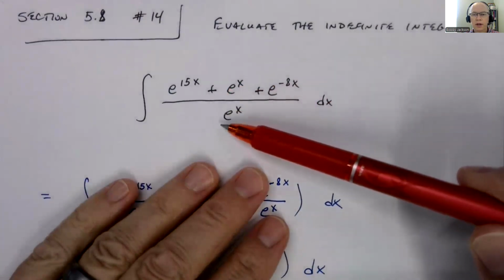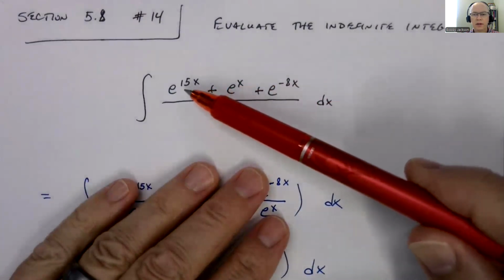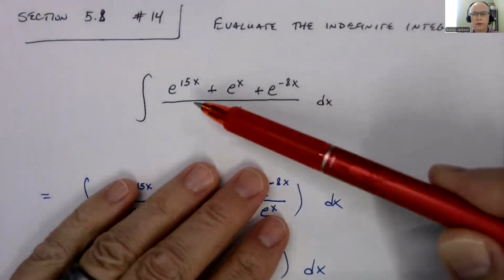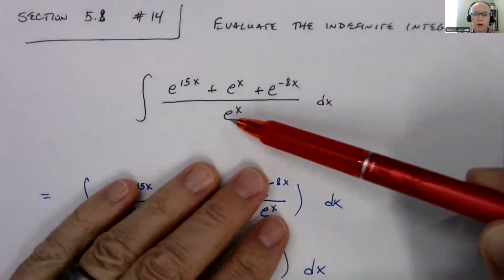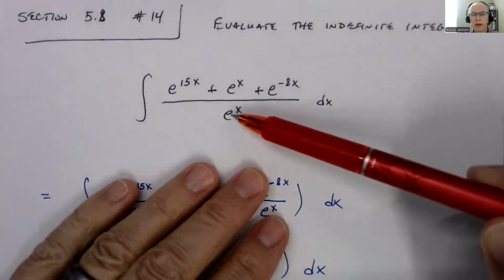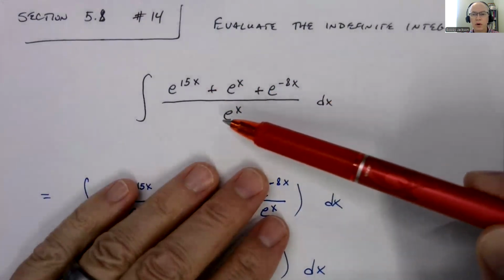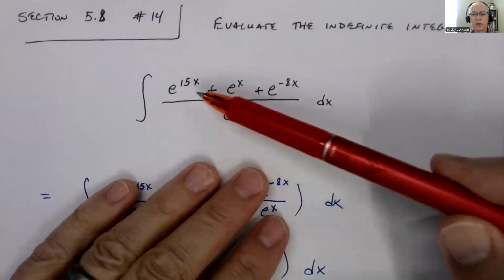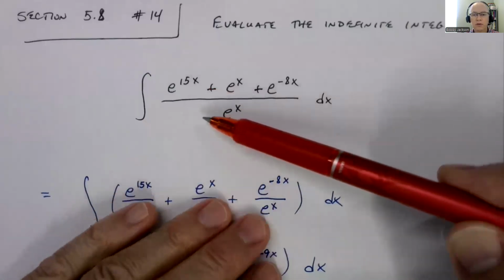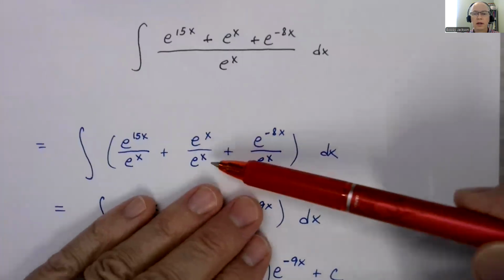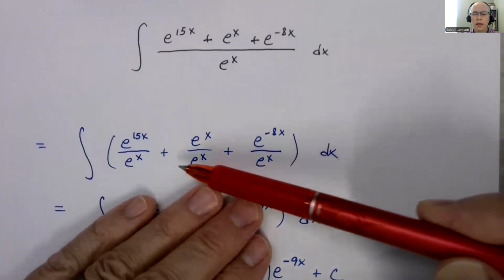Well, notice I am dividing by e to the x, a sum of, in this case, 3 exponential expressions. So I can just simplify, right? Notice dividing by e to the x is the same as multiplying by 1 over e to the x. So I can just use the distributive property, right? So I'm going to divide each of these by e to the x. And then they simplify quite